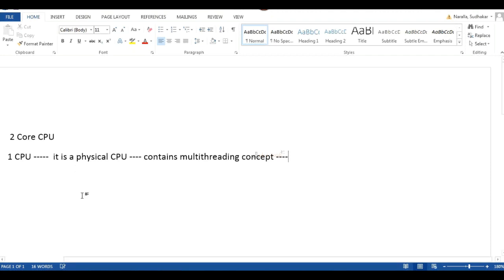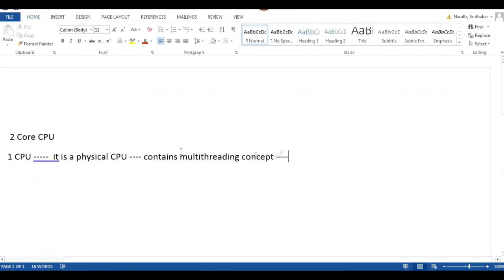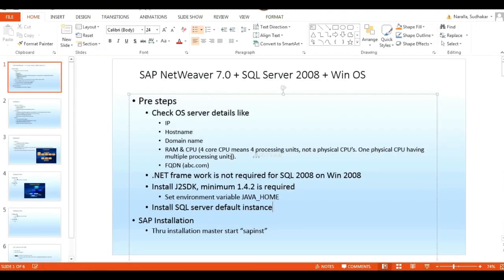It contains processing units, which means a number of parallel processes can be handled. Here a 2-core CPU is not 2 physical CPUs.